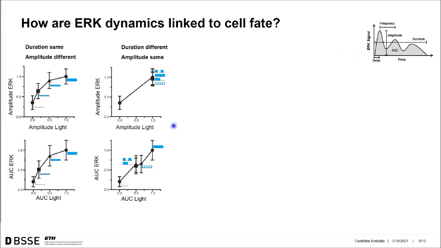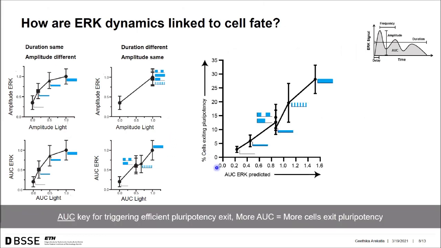And when we linked this to the percent of cells that are differentiating, what we found was that duration or amplitude alone is not sufficient for efficient differentiation, because if that was the case, then these three conditions would have the same rates of differentiation. And if it was just about the strength of activation, then these four conditions should have the same rate. Instead, it's really about the area under the curve, where increasing the area under the curve linearly increases the number of cells that exit